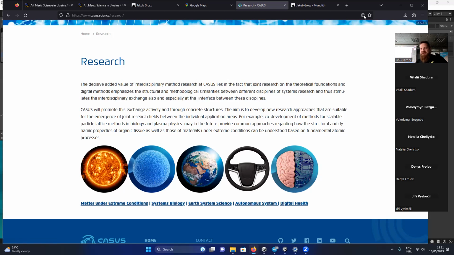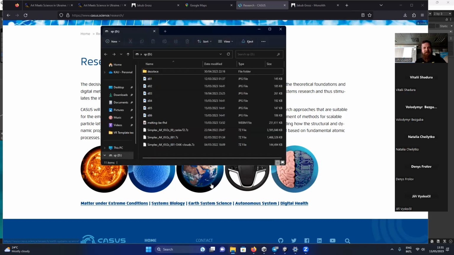So we have a very wide range of fields we are studying, and we are trying to find commonalities between all these. So this is my daily work job, and when I'm not working in Germany, sometimes I visit Prague, and in Prague,